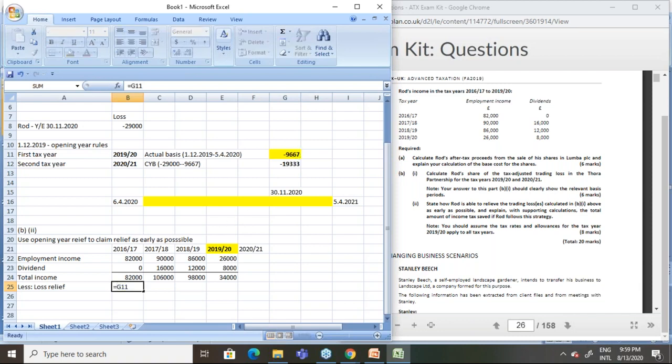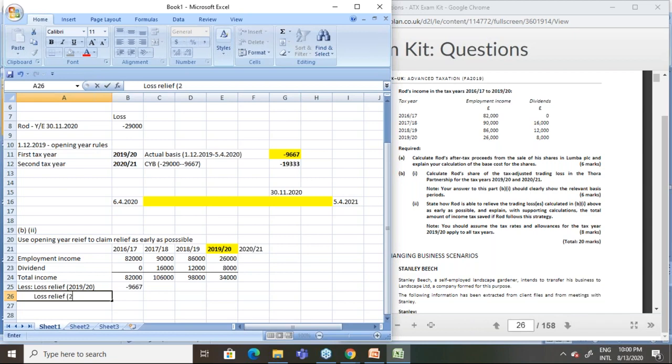Therefore, the full amount, you can set it off against 16-17 total income. Loss relief for 2019-20. And then loss relief